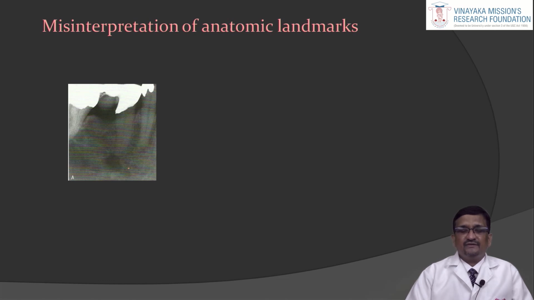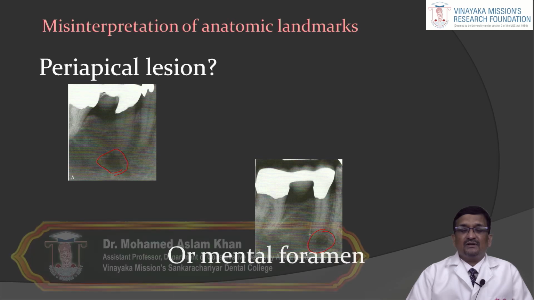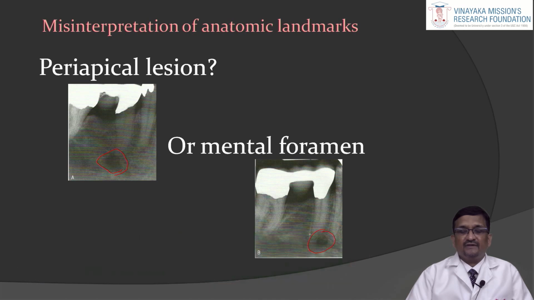Then misinterpretation of anatomical landmarks. Can you see this radiograph? In this radiograph, we can see the periapical lesion below the premolar, which is already crowned with a bridge. And naturally, if the patient says I am having discomfort or pain, we may assume that this is a periapical lesion. But honestly, when you take the SLOB rule, a shift angle radiograph, we can find that this lesion has shifted. So what does it suggest? It is the mental foramen which is overlapping there. So remember, every time anatomical landmarks can be misinterpreted in radiographs. If you make a misinterpretation, we will end up in failures.